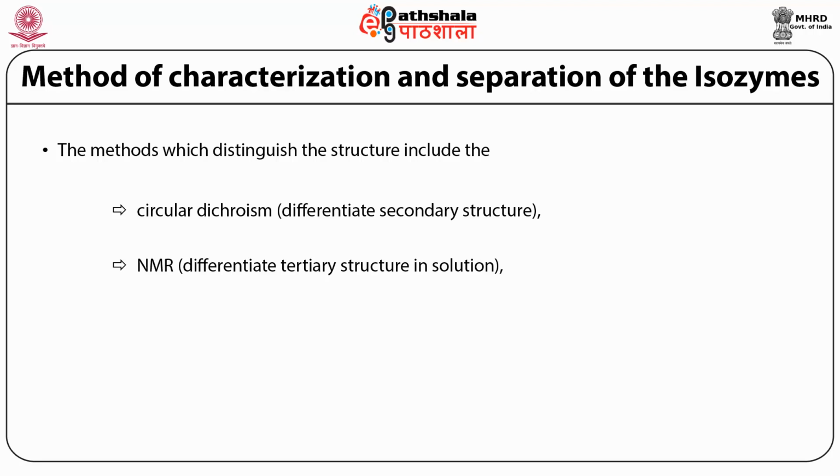So, if two isozymes differ in sequence or in structure, they will have a different surrounding of the proton. Therefore, they have differences in tertiary structure, and NMR is used to differentiate tertiary structure in solution. Therefore, NMR can characterize two different isozymes. The third method is